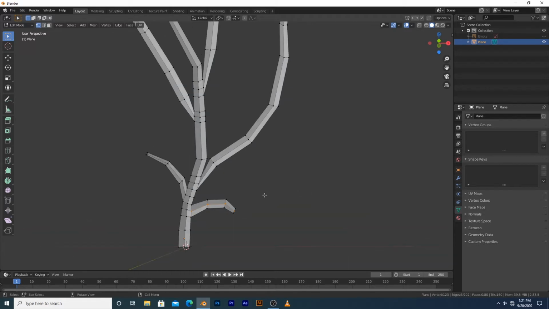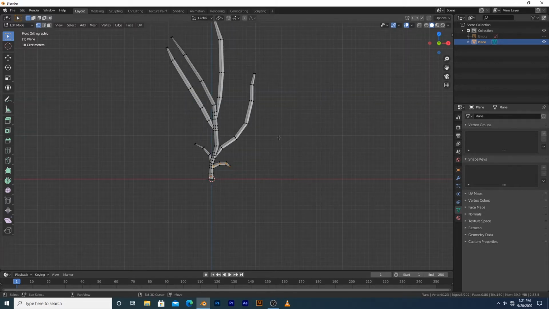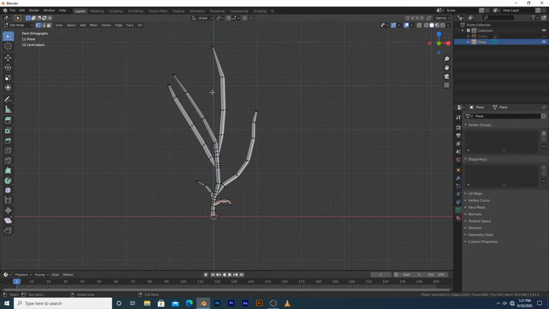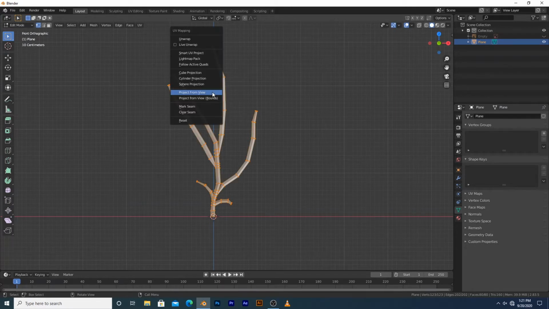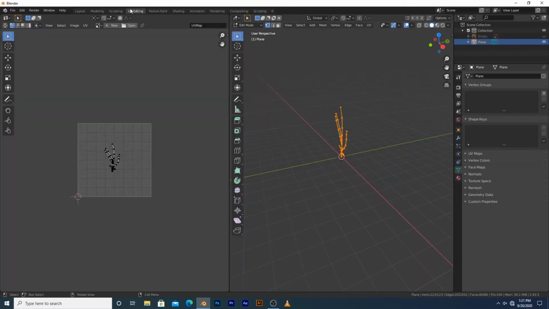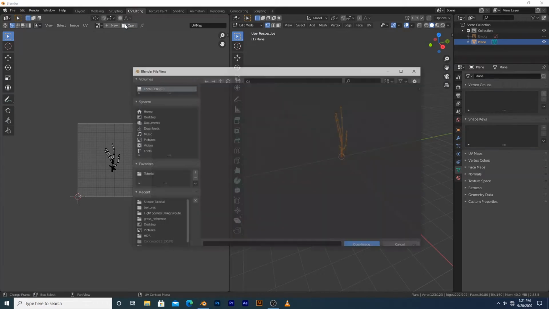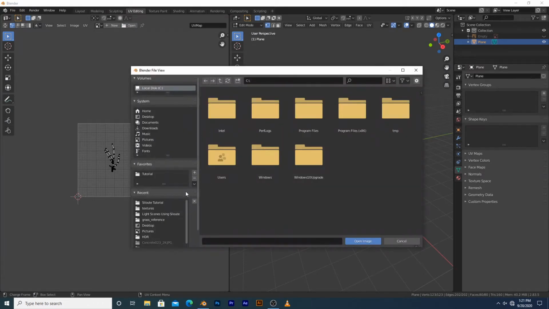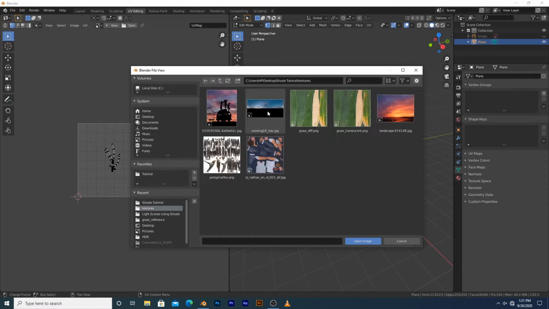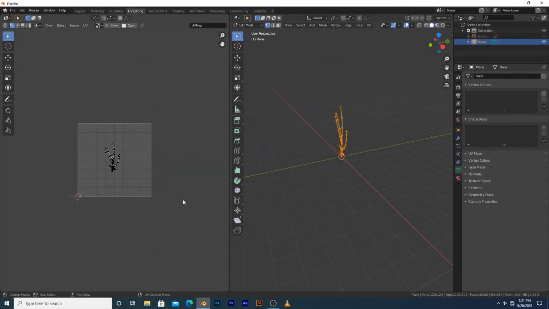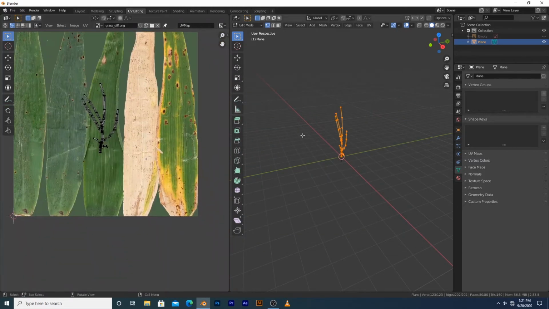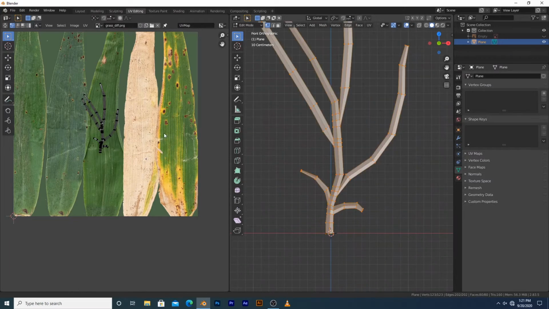So now the next thing to do, before we make variations of this, I'm going to press A, U, and project from view. So now if we go over here to the UV editing, I'm going to add my textures. I'm just going to locate that, textures, I'm going to add this one, grass diffuse. And what we're going to do now is place all these different blades onto this main texture